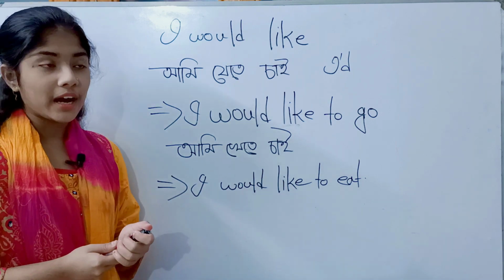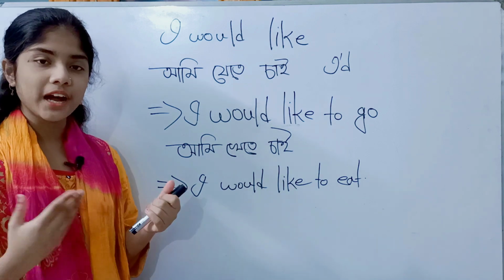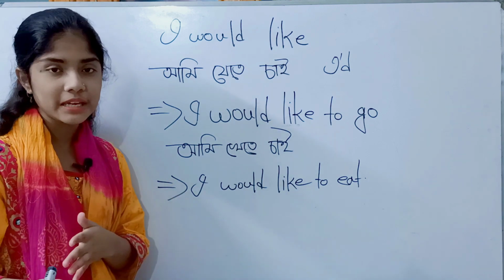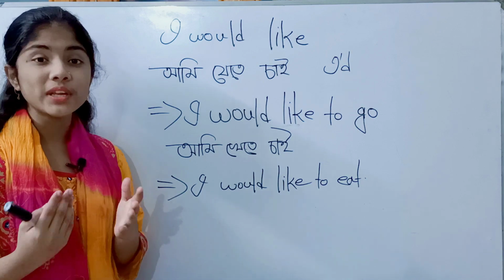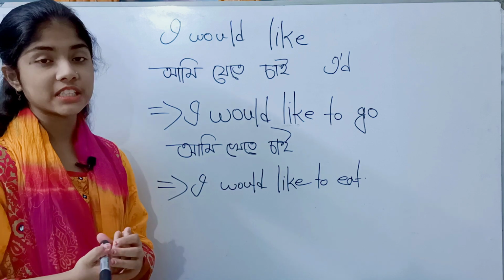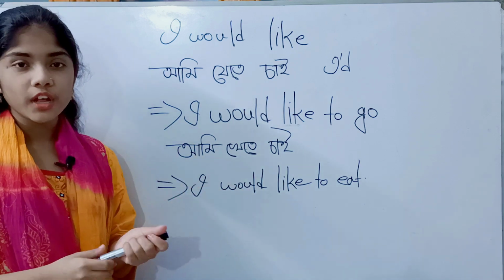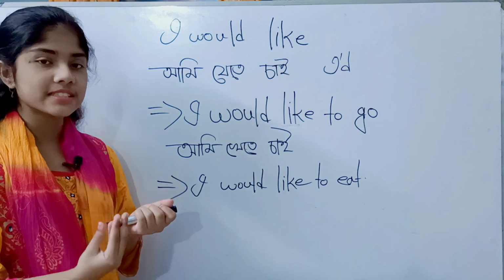I would like to eat, আমি খেতে চাই, আমি ঘুরতে চাই, I'd like to roam, then আমি ঘুমাতে চাই, I would like to sleep, দেন আমি স্কুলে যেতে চাই, I'd like to go to school. সো এইভাবে কিন্তু আমরা এই স্ট্রাকচারটাকে অনুসরণ করতে পারি। সো এগুলো ছিল খুবই ইজি এক্সাম্পল। তো এই ইজি এক্সাম্পলগুলোকে ফলো